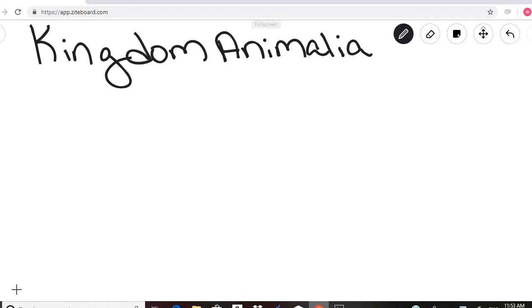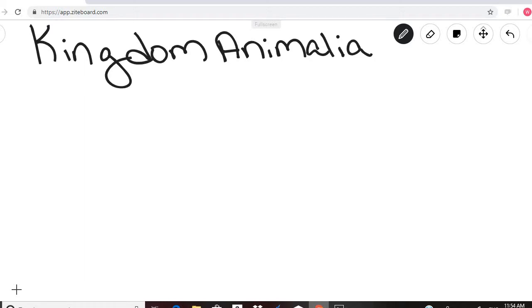So we are now on the fifth kingdom. We did kingdom Monera, we did kingdom Protista, we did kingdom Plantae. Then we did kingdom Fungi. Then we took a break and did some studies of the cell and chemistry and reproduction. We did a unit on ecology and a unit on evolution, and now we're back to the last kingdom, which